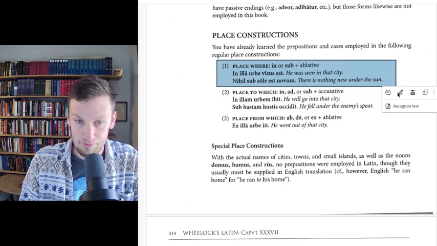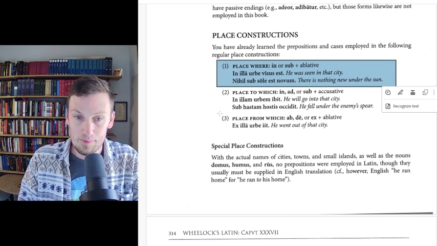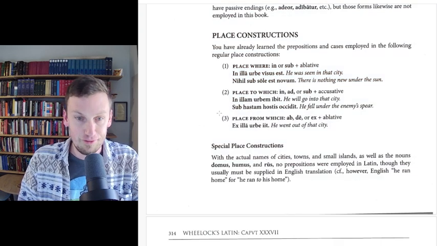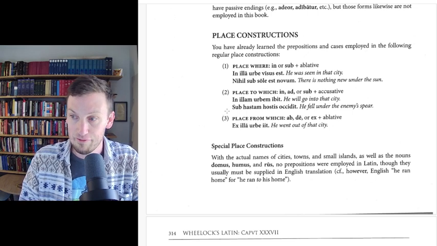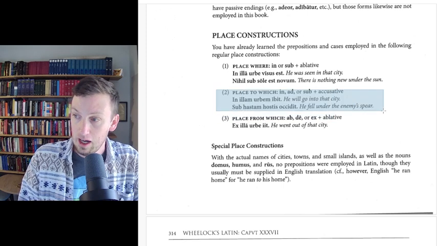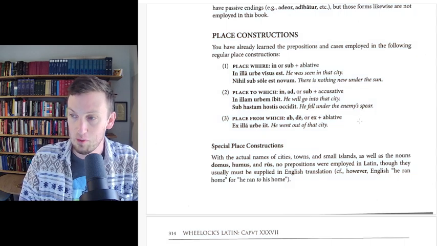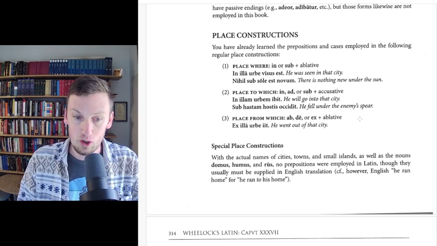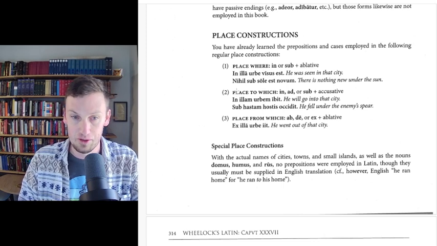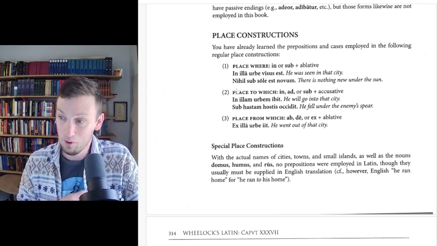Okay, so those are our first pass. So the ablative is being used twice, once corresponding to the proper locative, and once corresponding to the ablative of separation, from the word ablatus, being carried away from. Accusative can be used for places with implied direction, the place to which: in illam urbem ibit, so he will go into that city. There's a sort of directionality, a sort of momentum towards, a towardsness. The accusative does that work.